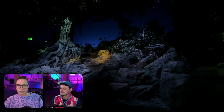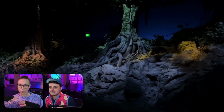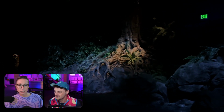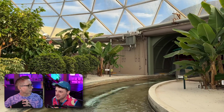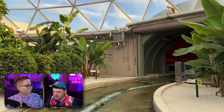It's over in the Land Pavilion. It's a dark ride. So when I say 2 rides in one, it's like a dark ride that takes you through the biomes of Earth. But then the second half of it is like a behind the scenes tour of Disney greenhouses. And these greenhouses actually produce food that they serve in Disney restaurants. I'll forward to the greenhouses here, because it really is like a dark ride, and then it's like a separate